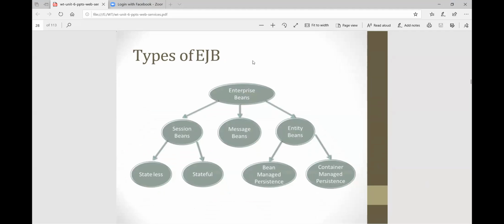In that, the first type is session beans, then message beans, entity beans. Okay, the main three types. Under session beans, again, stateless session or stateful session. Then entity beans, again having two different types, that is bean managed persistence and container managed persistence.